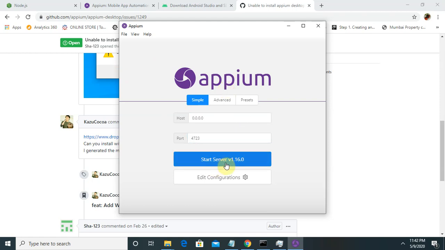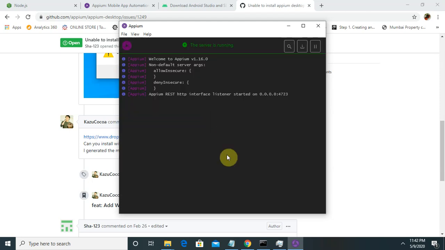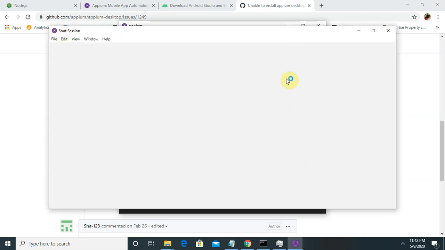Just click on start server. This is your port number and this is your host. After clicking, you can see the Appium REST HTTP interface listener started. So your server is running. Once you click on start inspector session, this is your main control or main configuration part for UiPath.